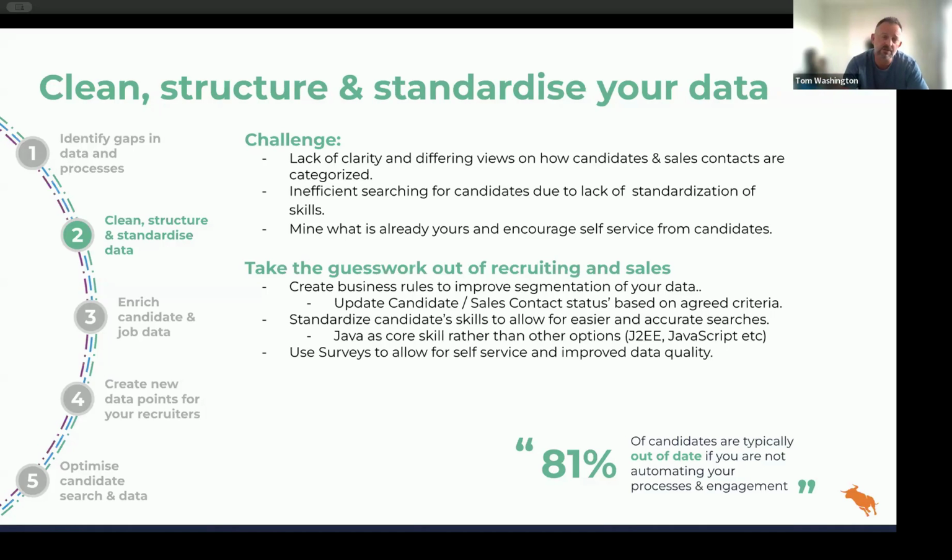Another self-service option is to look at candidates that are missing phone numbers or email addresses. Again, you can use surveys to collect that information from people. You may also want to look at, as a real cleanup of the database, all the candidates that you've got that are uncontactable. Okay, and what I mean by that is you don't hold a phone number or an email address.